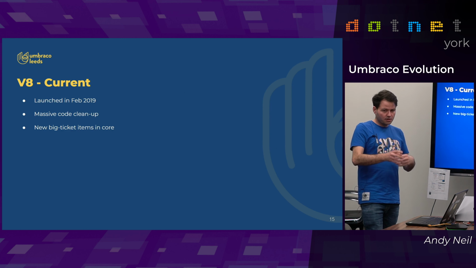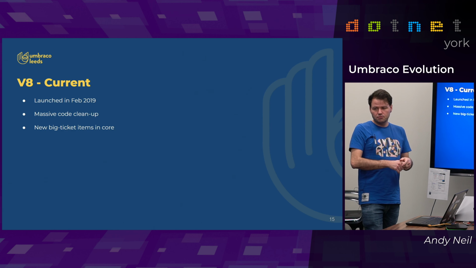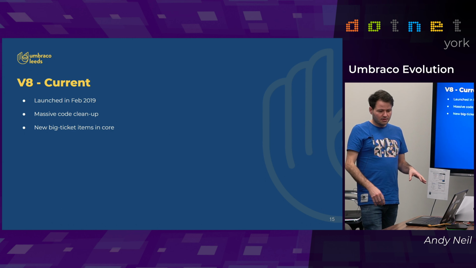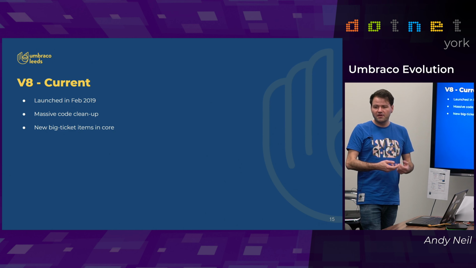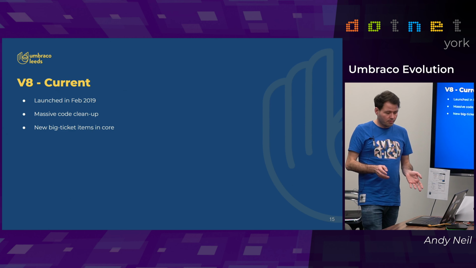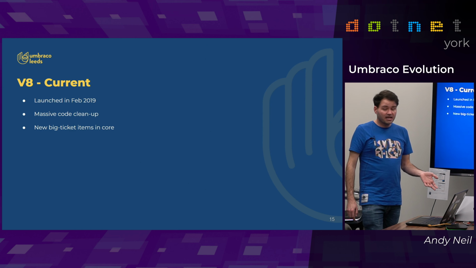Because Umbraco did such a lot of evolution, and a lot of it was Niels' original code, there are several dodgy bits of Danglish in there in the variables. There's all kinds of weird comments. There's 5 or 6 ways to do things. So to get a property, you can use get property value, or loads of other accessor names for it. And what they've done with V8 is make it super standardized. So there is one way. There is the right way to do it. There's not 5 different ways that different people might argue about. The massive code cleanup, and then the big ticket items that they put in.